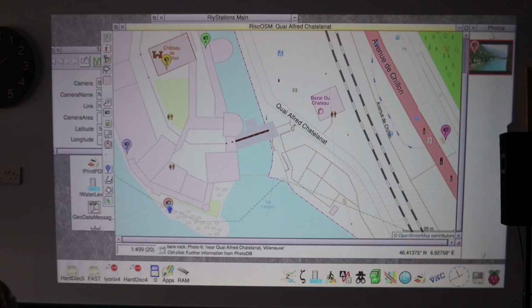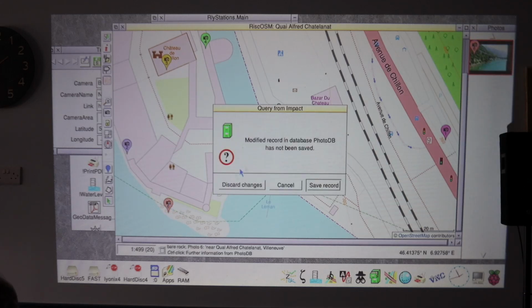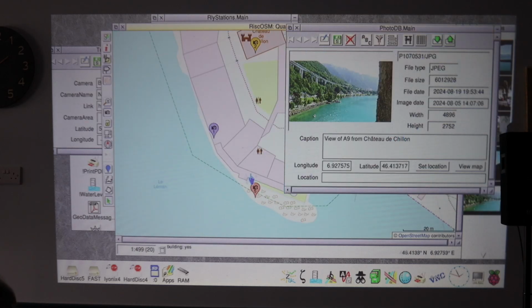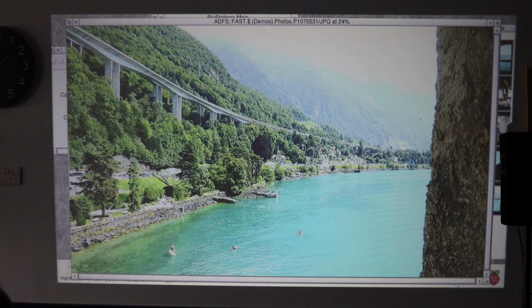and we can control click to open the database card, and in there we can double click to look at the picture. The castle was on a very important north-south trade route through the Alps, which is why it was valuable. It controlled that route and they could exert tolls. As you can see, it's still on a very important north-south route because there is a brand new road,